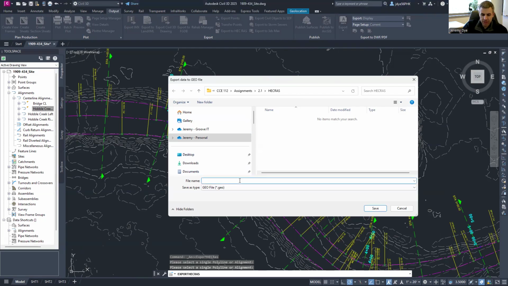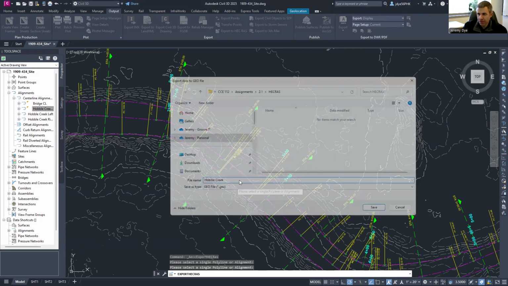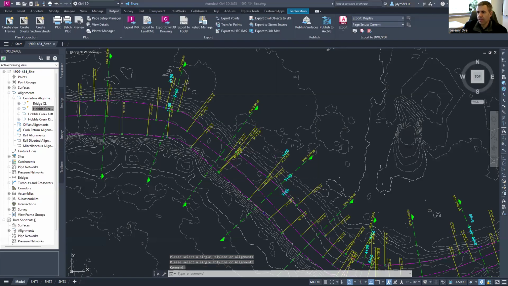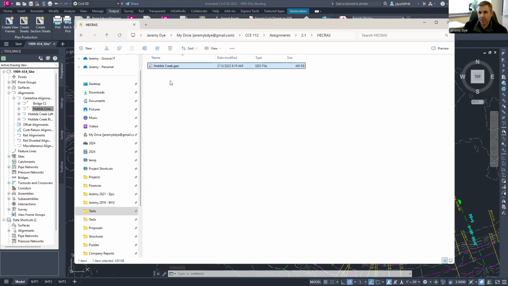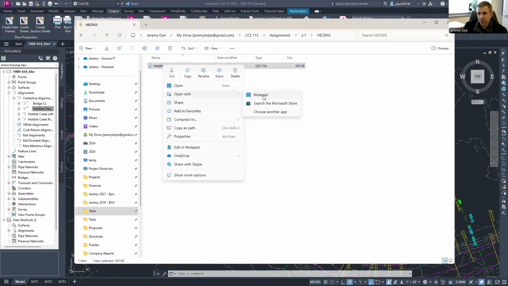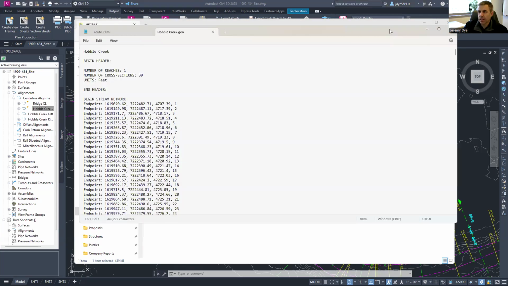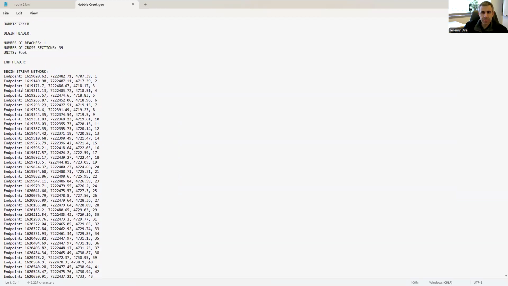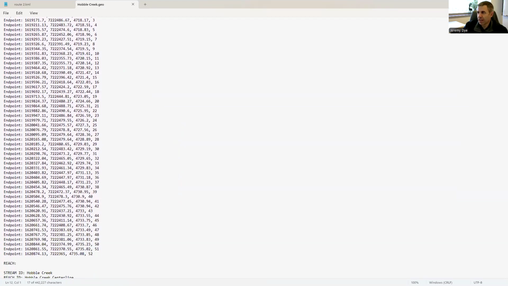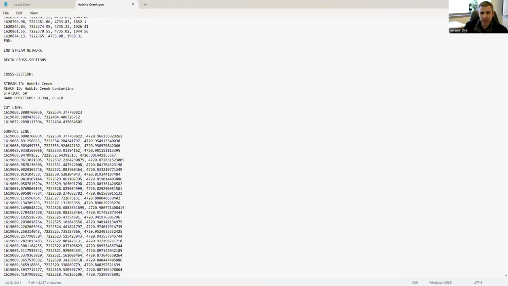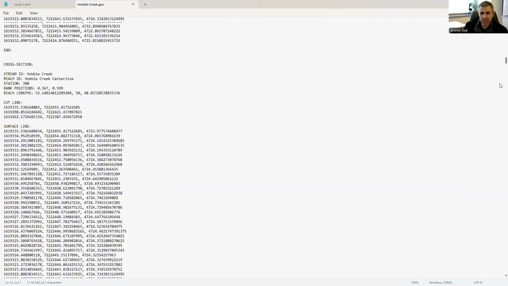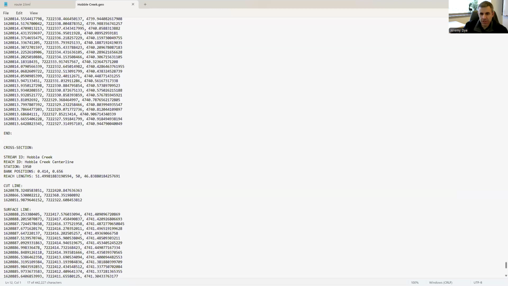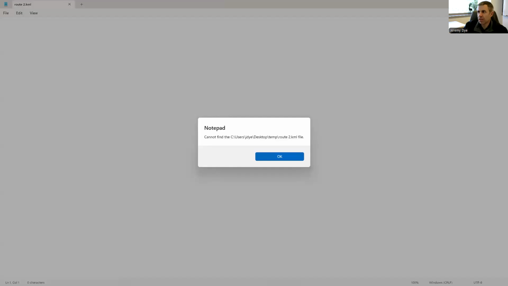And I'm going to call it hobblecreek.geo. And I hit OK to finish. And now in my folder, I have this .geo file. I can open it with Notepad. I can look at it, it's just a text output. So it gives like my stream centerline, and it has elevations and locations. Then it has a whole bunch of cross sections, all the elevations, distances for all those points. This text file can then be